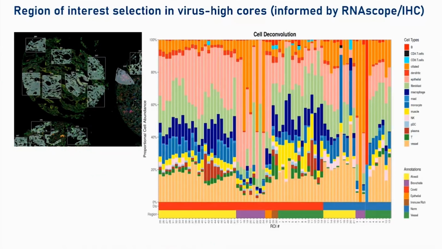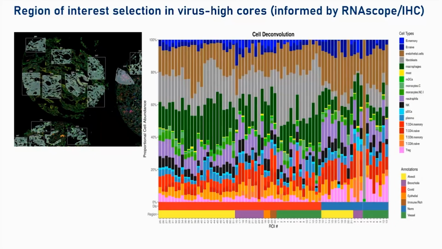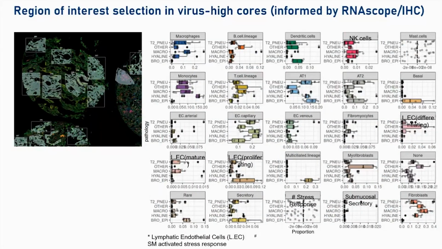And so we could then, using CIBERSORTx, we could see going across here in the red is COVID, blue is normal. This is just doing a cell decon on the different cell types within the regions of interest. We can take this a step further and do an immune cell decon to look at the immune cell subtypes within each of the regions of interest within this tissue. And this is just annotating that a level deeper.